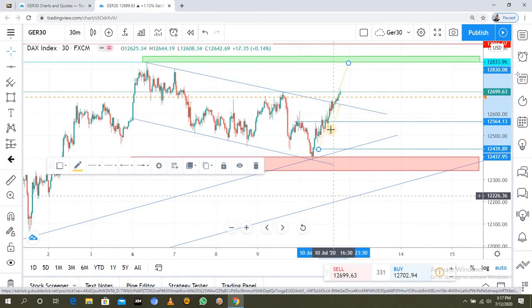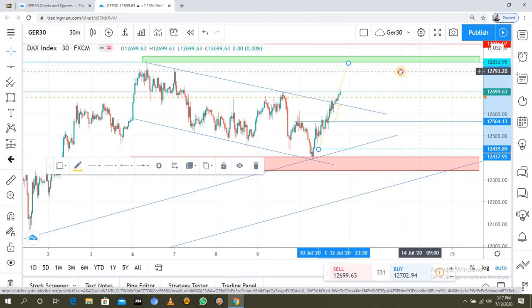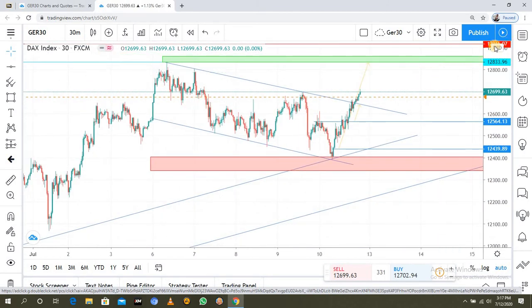And then if you're holding, maybe you bought here and you're still holding, your take profit 2 is going to be around 12,916.07. Remember, this is the daily higher high. We want to break this at the end of the day, like at the end of this week. We want to see the market breaking the daily higher high, the previous higher high on the daily when I started recording this video.